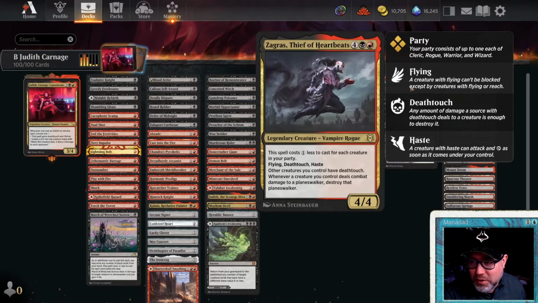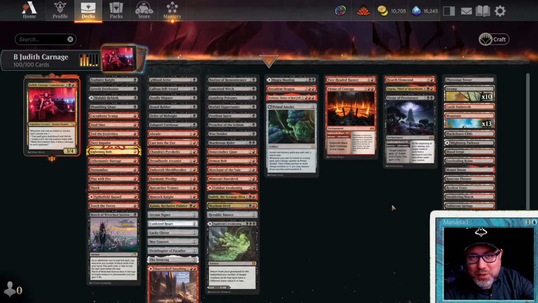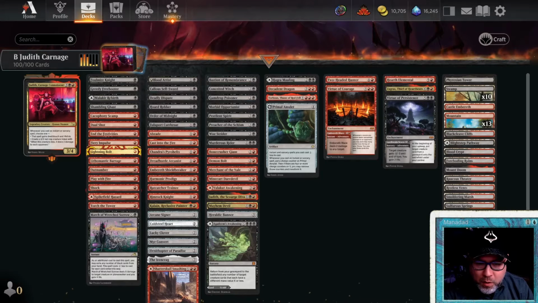That gives all your creatures extra death touch. Not too bad. Okay, that's the deck. That's Judith. She's the number 2 most popular commander out of Murders at Karlov Manor. So hope that people enjoy this one. And if you do,